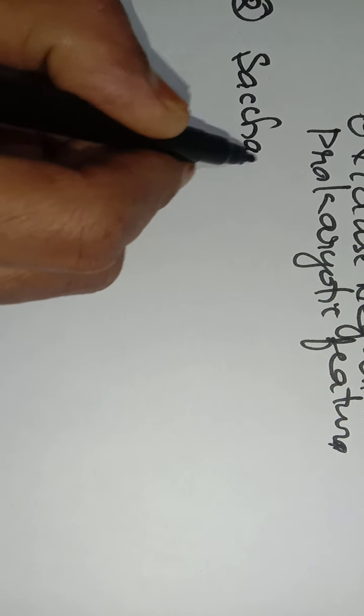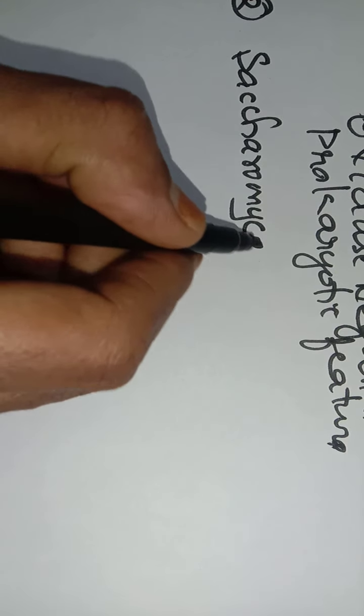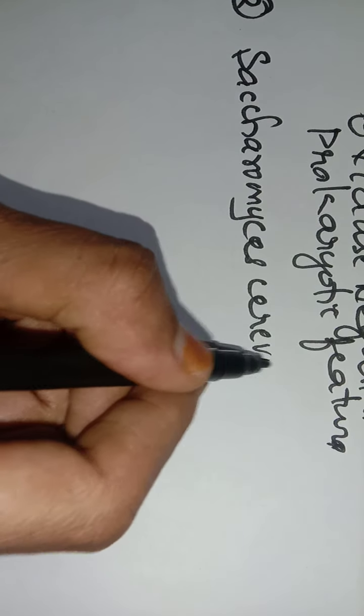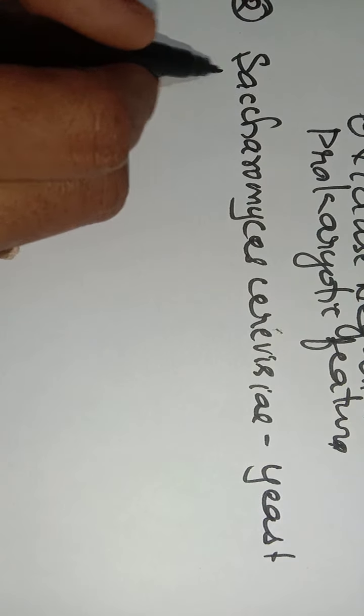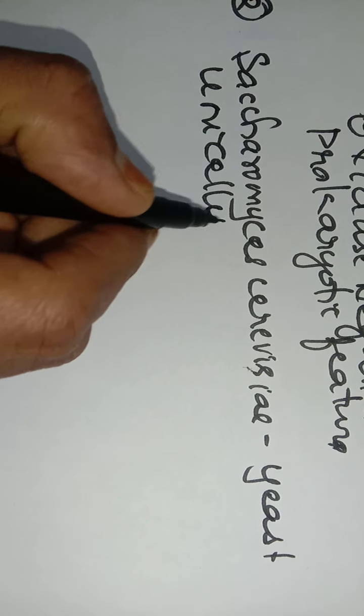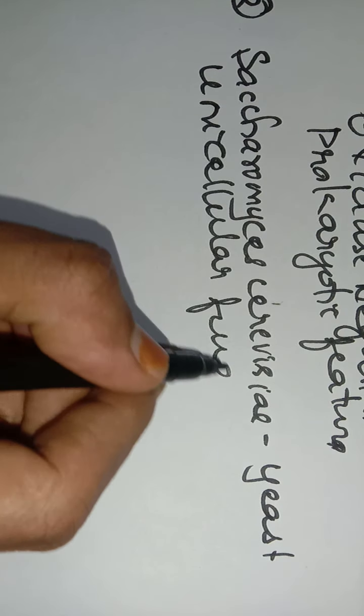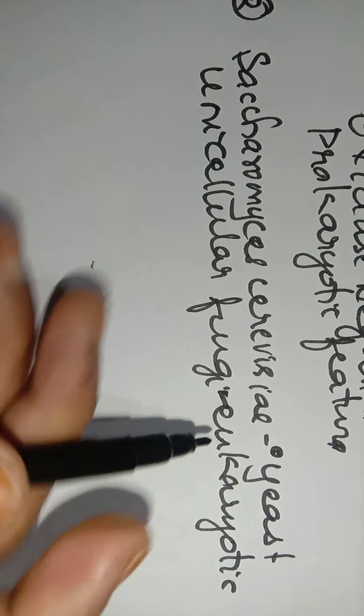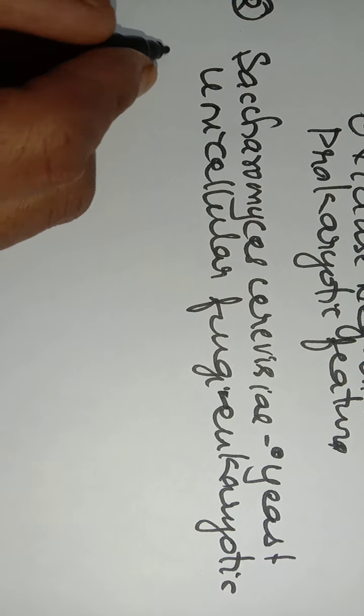Okay, second important organism that will be given for identification is yeast or Saccharomyces cerevisiae. As you see in the image, it is basically yeast. Yeast is nothing but unicellular fungi. Because it's a unicellular fungi, it's a eukaryotic. It is having the eukaryotic features. So you need to mention it's a yeast, okay, first point, and then you need to mention it's a eukaryotic organism. And then how do you identify it?